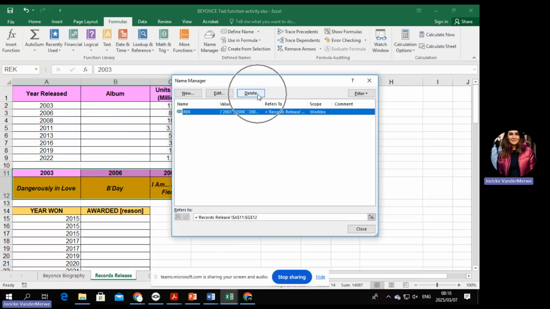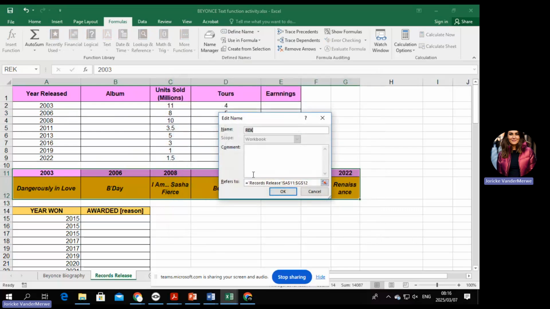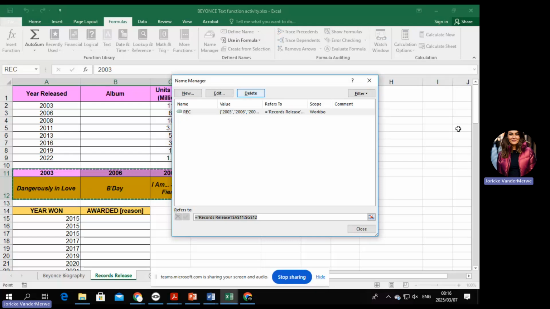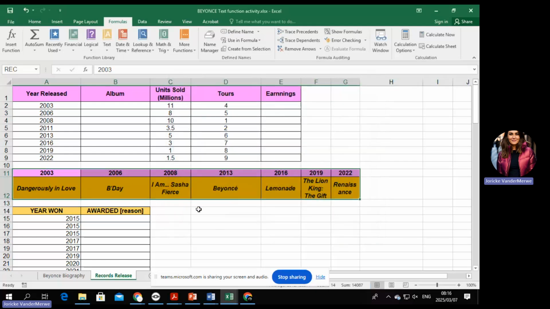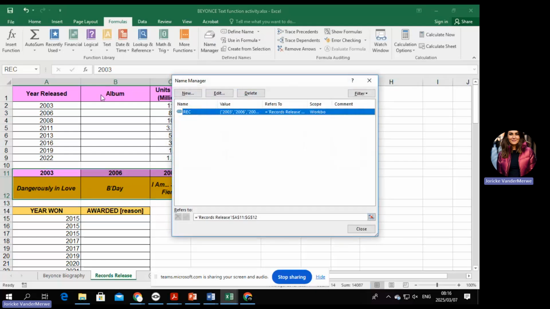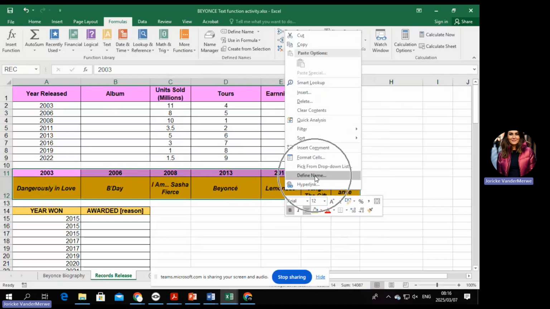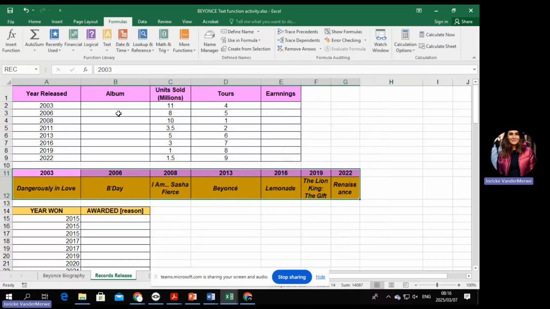So you can either delete it, but if it's the right place that you've selected, I will just edit it and say, listen, this should actually be a REC with a capital C, or you can go there and reselect. So just take note of the fact that you can actually go and manage your data sets that have been renamed. In this case, we had to rename it. So the first step was to select it, right-click, say define name, and define the name as REC. Then we're going to go to the album,